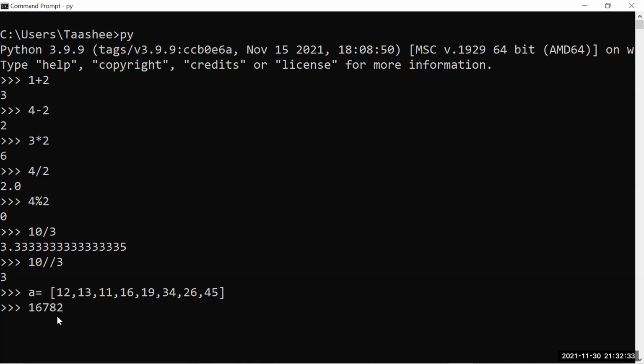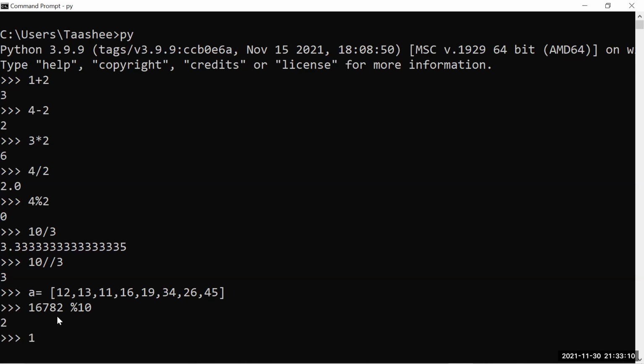Any thoughts? Divide by 2 and then subtract. Okay. Modulus 4. Okay, modulus is correct, but what is the value after that? You can try modulus 10, I think. Exactly. Yes. Since each and every place has its own value, if I perform modulus of 10, it will return 2.